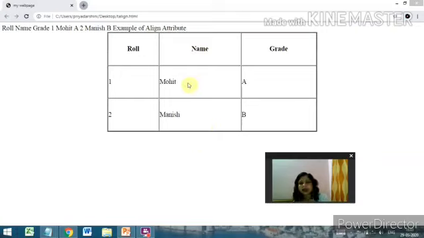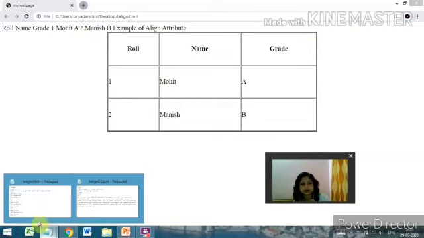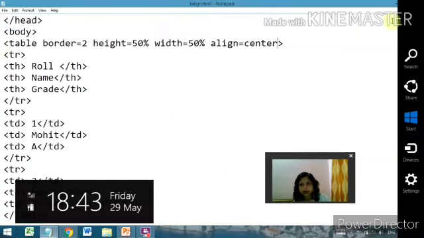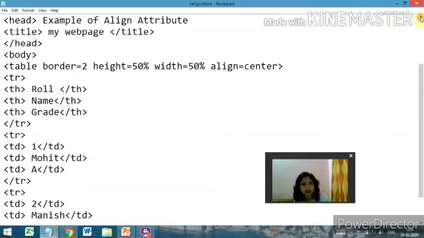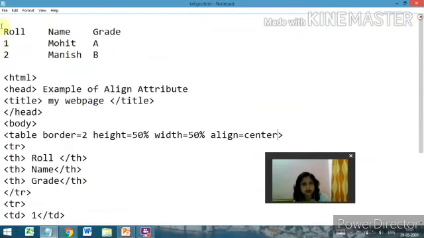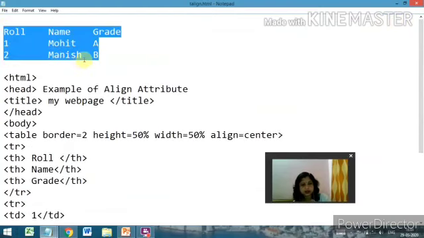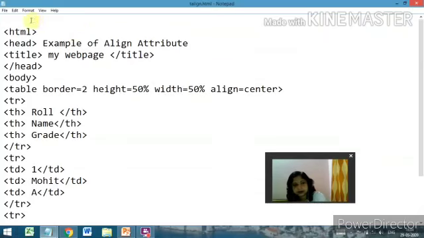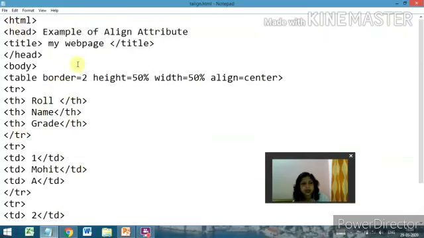Now we'll try the align attribute with respect to the text. So the same table will go, same notepad. The table will be already there. See, now I'll remove this one. So first we'll write a paragraph here.